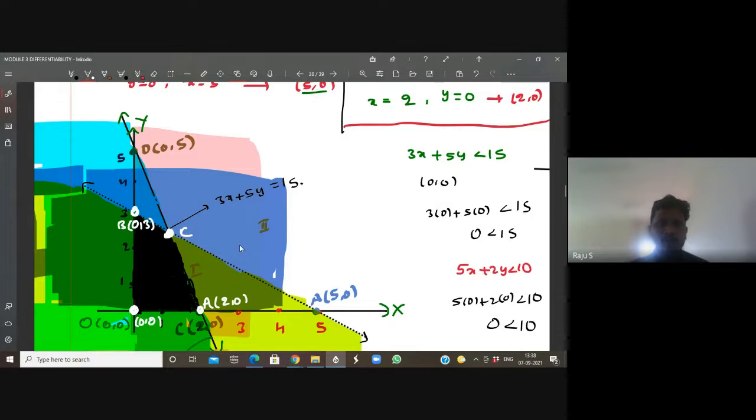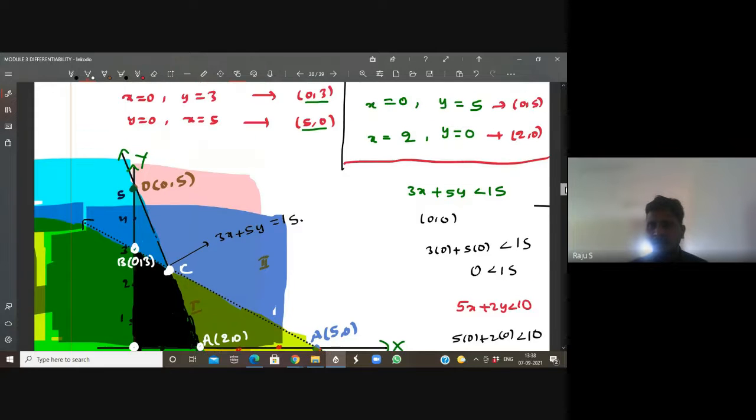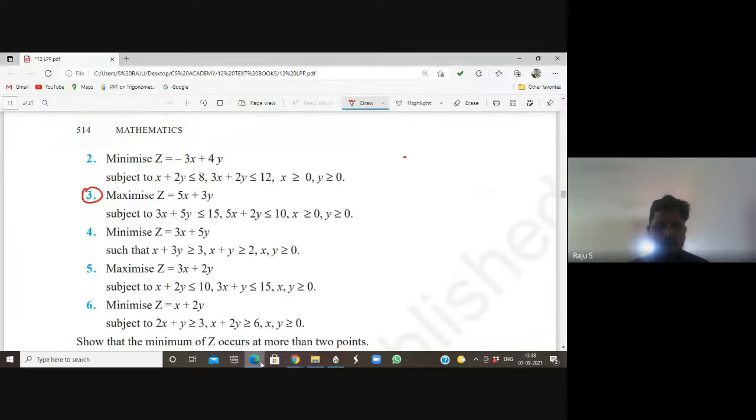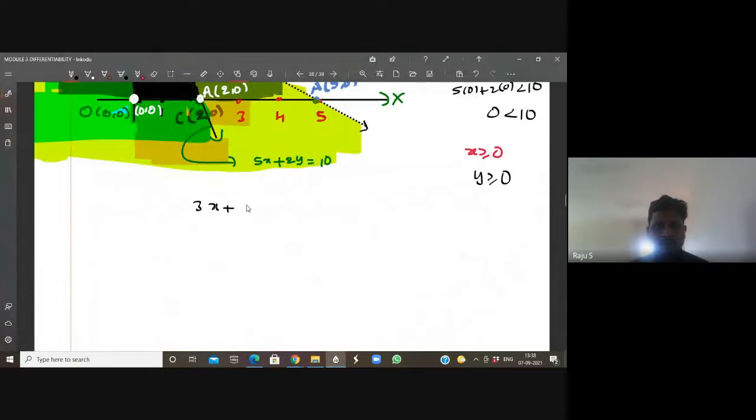C point is required to be found by solving the equations, not inequalities, equations. What are the equations? One is 3x plus 5y is equal to 15. Another one is 5x plus 2y is equal to 10. Now solve these two equations. When I multiply here, what shall I do? Shall I multiply here by 2, here by 5? When I multiply with 2 here, we will get